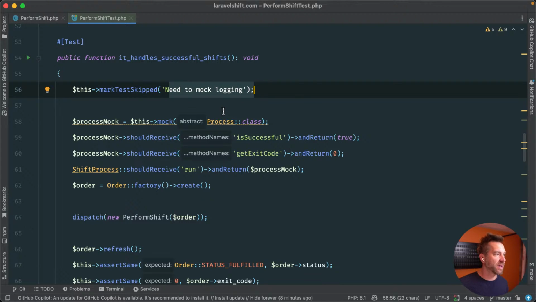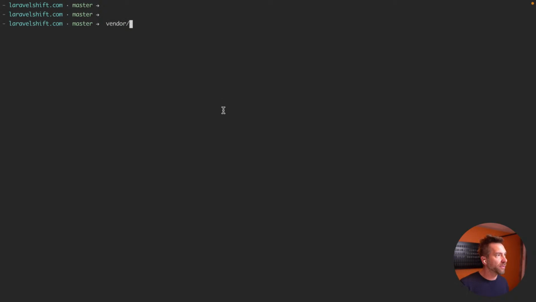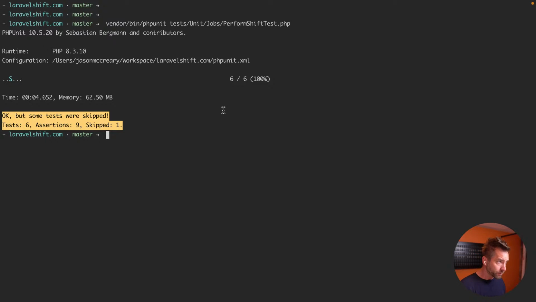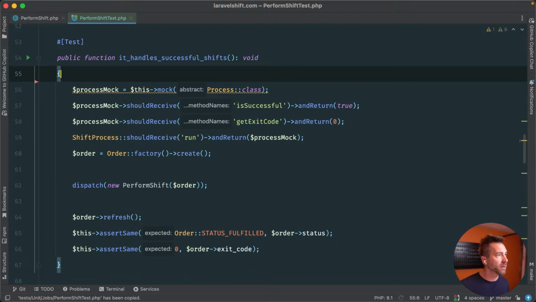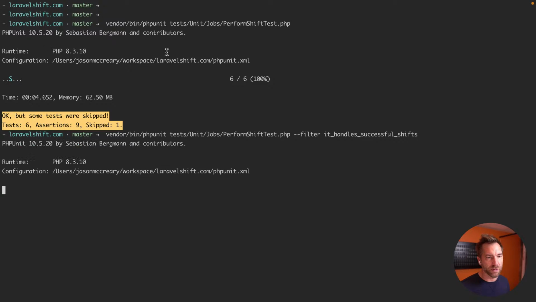Okay, so if we need to mock logging. Okay, yeah. So there's a lot of nasty stuff going on here. So let's see if we can get this test brought back to life through refactoring to the facade. Now this may not be true refactoring because we're probably going to have to change both the test and the implementation a little bit to get it to do the things that we want. Now we have this skipped test. That's the one we were just looking at. So let's get rid of this skipped part and let's see if we filter